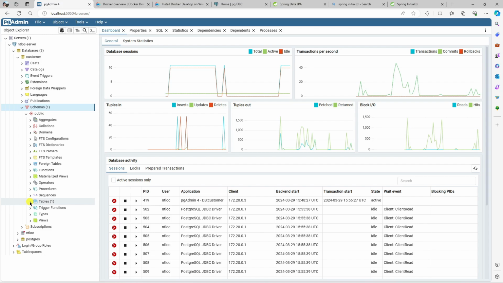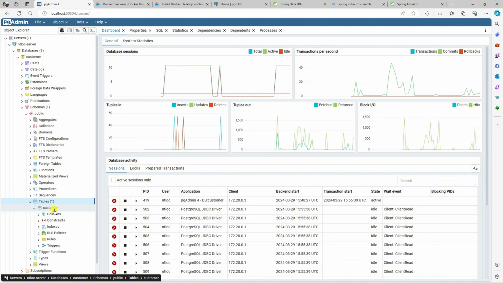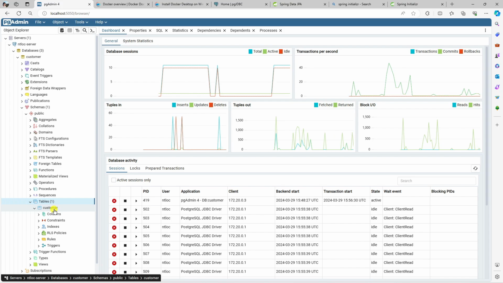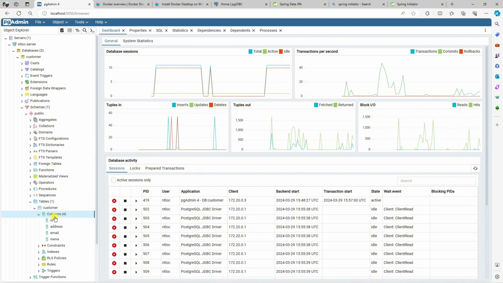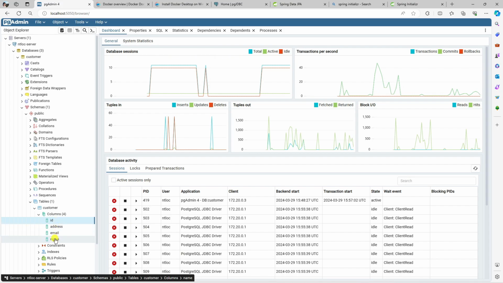If I open table, as you can see here, we also have the customer table, which is mapped by the customer entity from our application, and the columns. So you can see we also have the ID, address, email, and the name as well.